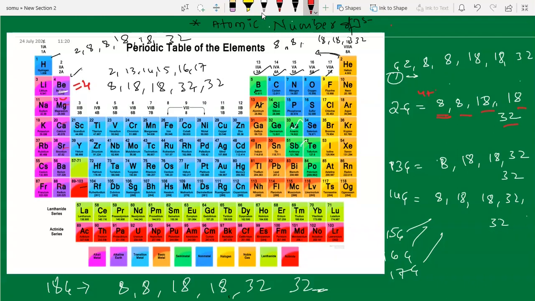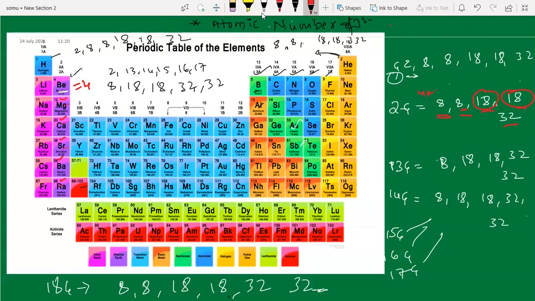Then to find out calcium, we have 12, and what is our next code? 8. 12 plus 8, so that is 20 we have got. To get the next one, the code is 18, plus 20, this is 38 we are getting. To get the next one, 38 plus 18, how much are we going to get? 56. Yes, to get the next one, 56 plus our next code 32, we are getting 88. It is working.